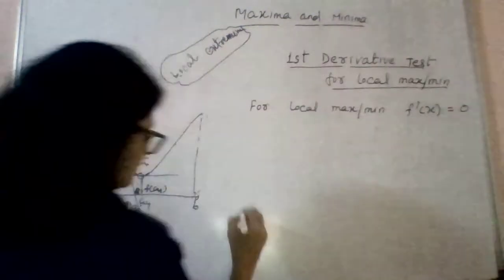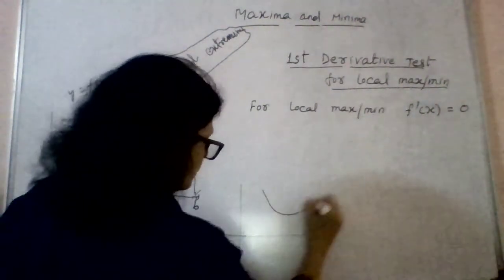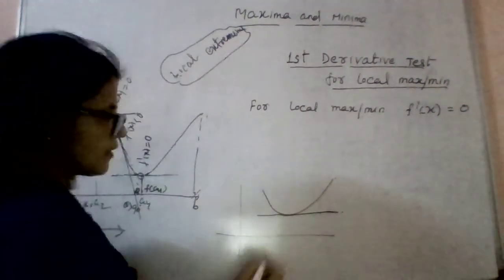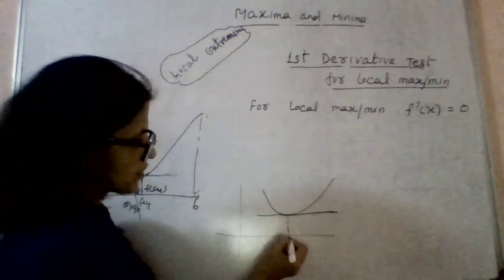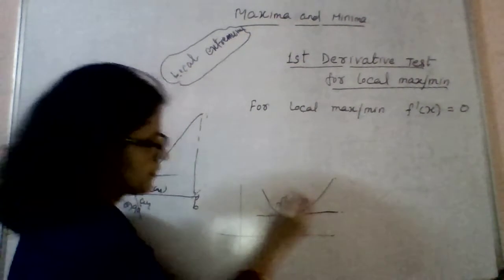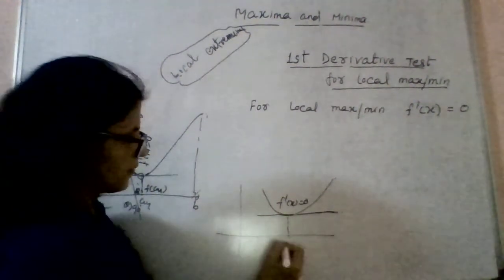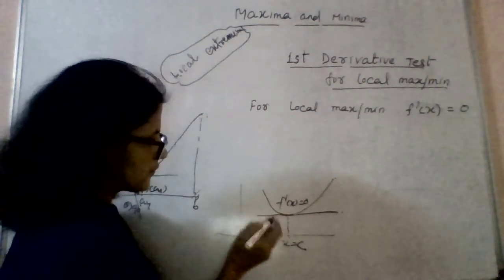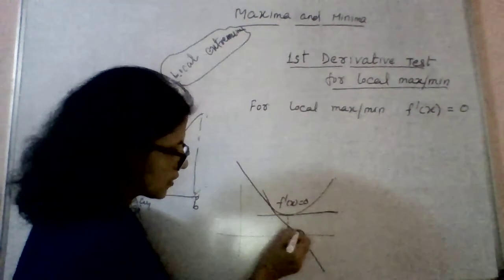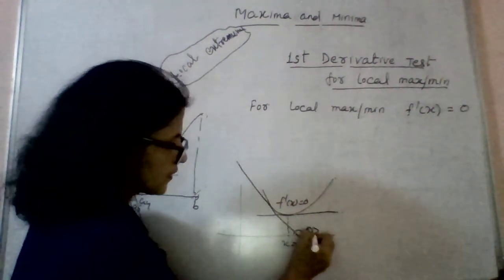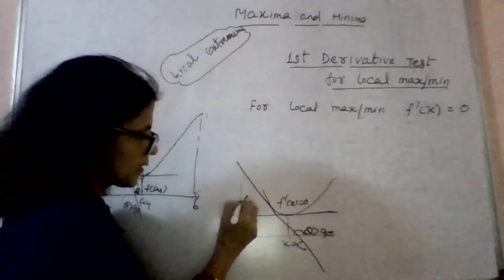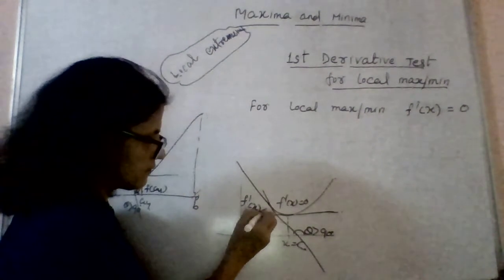I can show you here, suppose this is the point of local minimum. At this point, the function attains its minimum value. So at this point, f dash x equal to 0. Now, let me move from left to right of this point. To the left of this point, on the curve, I take a tangent. Theta is more than 90 degrees, meaning an obtuse angle, tan theta is negative, the slope of the tangent is negative, so the derivative is negative.